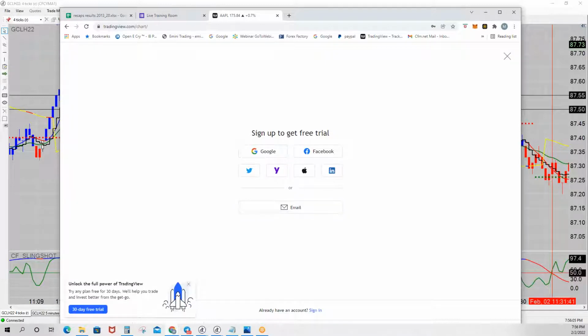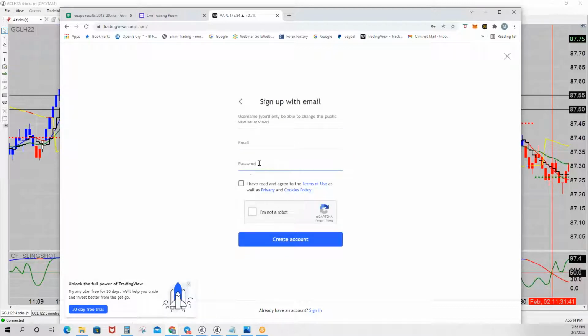Now put in your email. You can log in with Google, Facebook, any one of these things. But just throw in your email address. Put in your email, create your password, username, and hit create account. It's going to send you an activation email. You're going to have to click on it within your email, so make sure you get your email right. It's a real email. They're not bad about sending you a whole bunch of emails chasing you around to get you to sign up. But